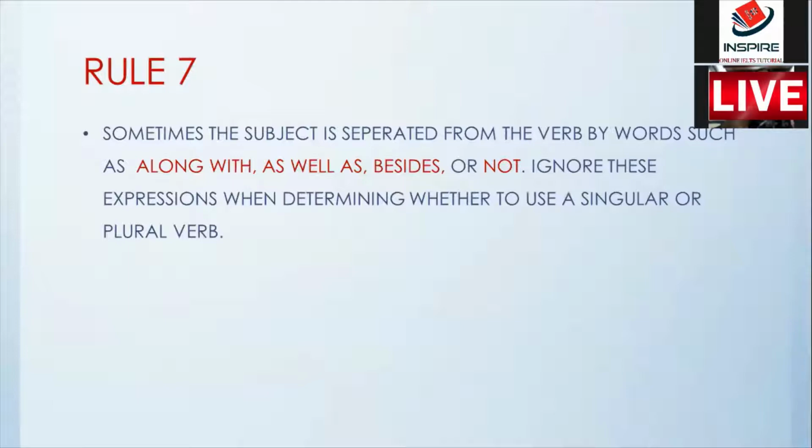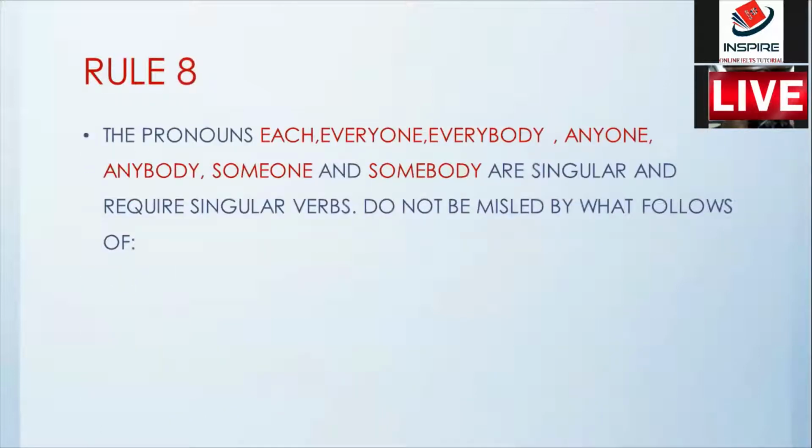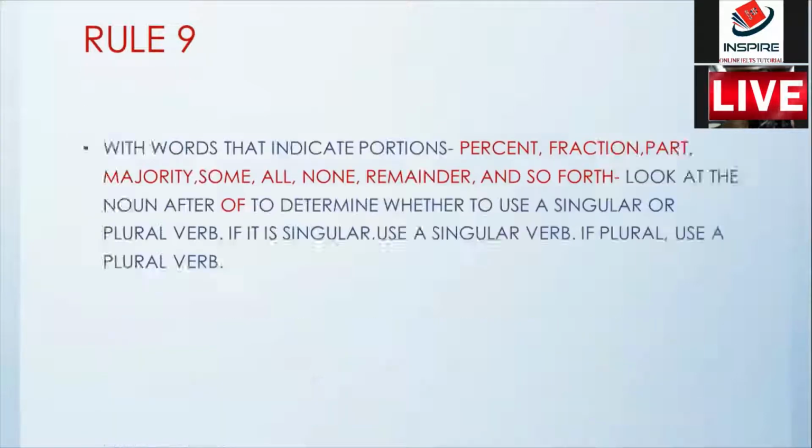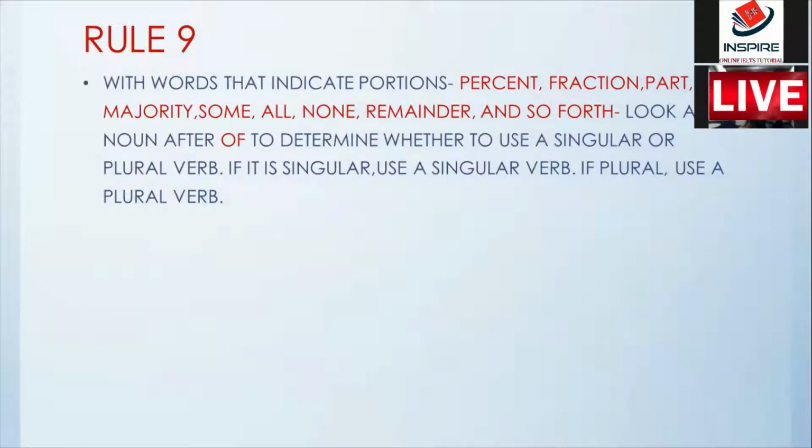സബ്ജക്റ്റിനനുസരിച്ച് വേണം വേർബ് ക്രിയേറ്റ് ചെയ്യാൻ. എലോങ് വിത്ത്, ആസ് വെൽ ആസ്, ബിസൈഡ്സ്, നോട്ട്, അതൊക്കെ അങ്ങ് ഇഗ്നോർ ചെയ്തേക്കുക. That is what rule 7 is all about. Then rule 8, പ്രൊനൗൺസ് ആയ ഈച്ച്, എവരി വൺ, എവരിബഡി, എനിവൺ, എനിബഡി, ഇതിന്റെ കൂടെ ഒക്കെ എന്താണ് ചേർക്കേണ്ടത്? സിംഗുലർ വേർബ് ആണ് ചേർക്കേണ്ടത്. സബ്ജക്റ്റ് നോക്കിയല്ല, സിംഗുലർ വേർബ് ചേർക്കുക. റൂൾ 9 എന്ന് പറഞ്ഞു കഴിഞ്ഞാൽ, ഏത് ടൈപ്പ് ഓഫ്